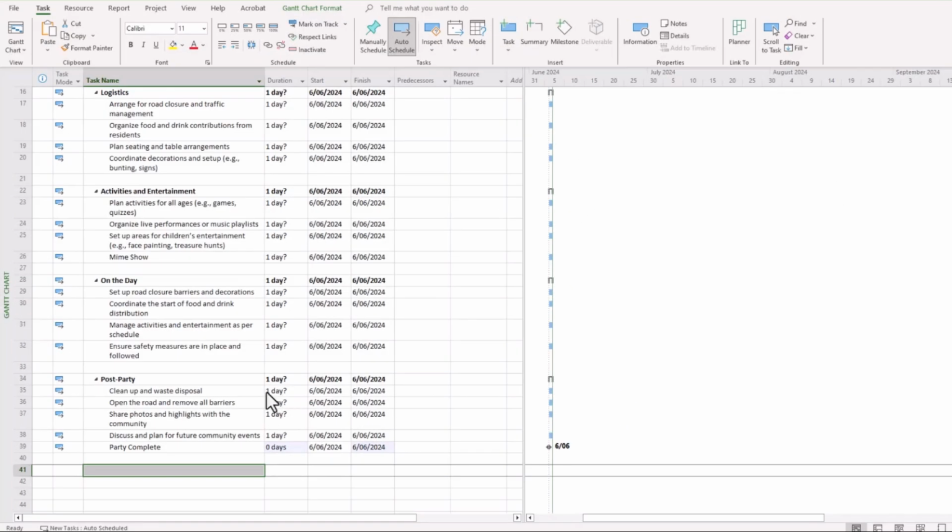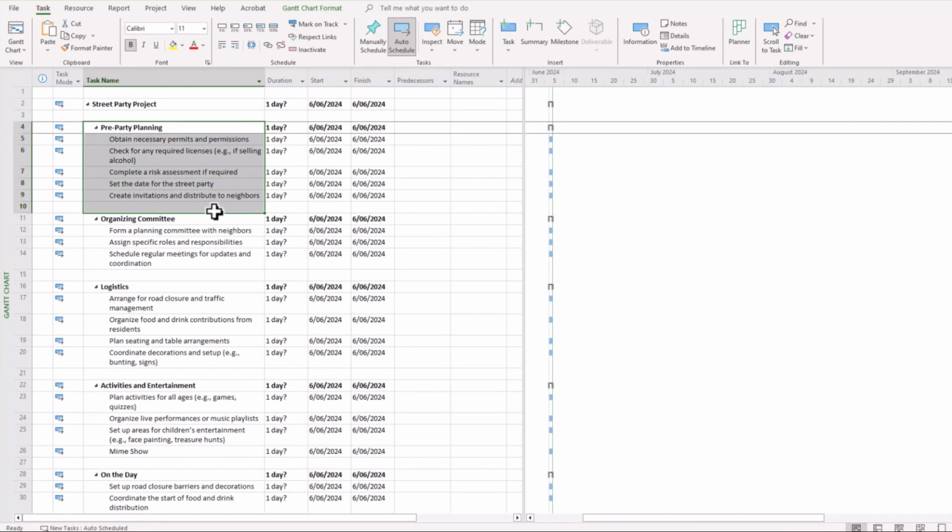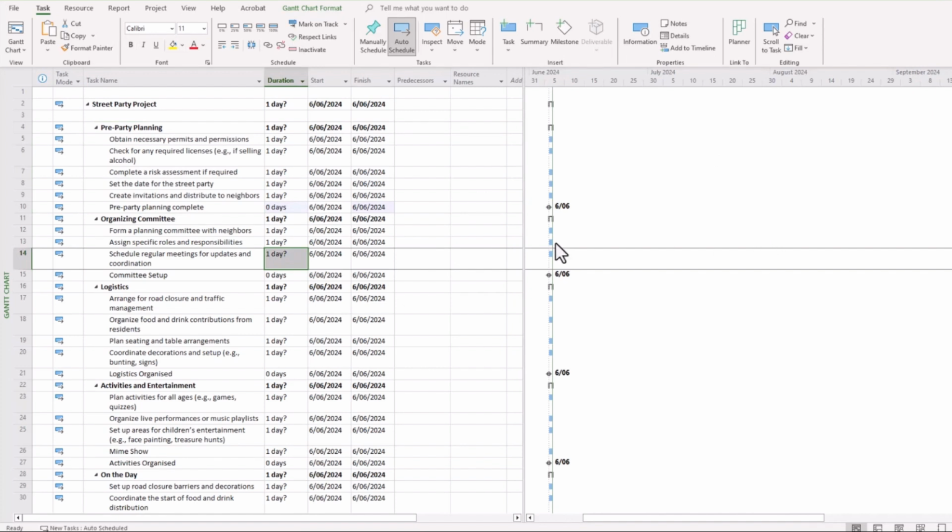So without further ado, I'm actually going to organize this project to ensure that there is a milestone at the end of each of these task groupings. Okay, so as you can see, we have our task milestones shown, and this, as we mentioned before, is symbolized by that black diamond there. So we're at the point now where we can probably start to estimate the time that each individual task will take.